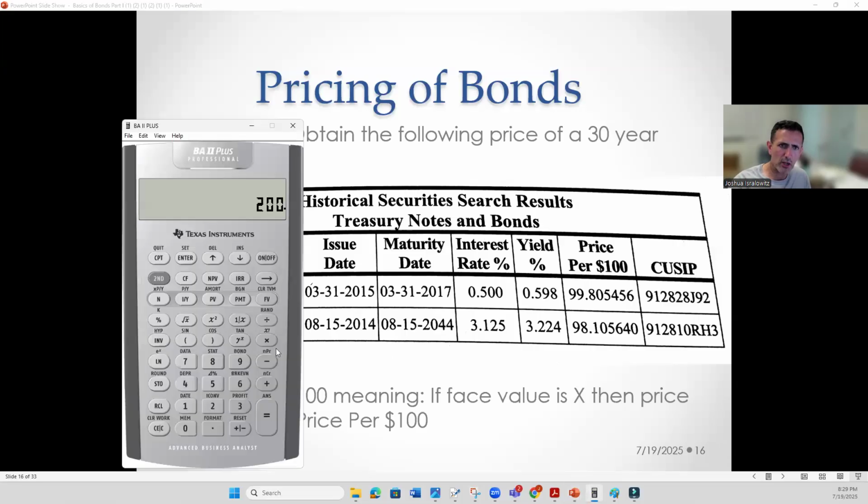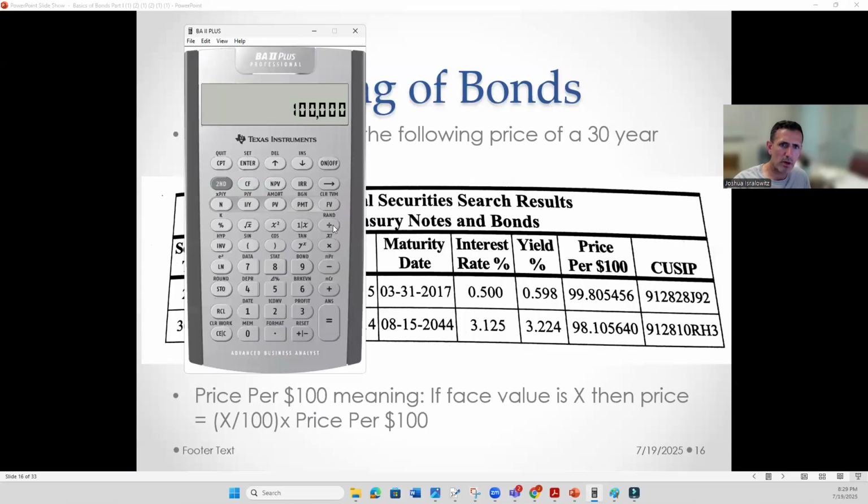So yeah, let's say you want to buy face value of $100,000. So we divide by 100 times this here, and this is why we have the 6 decimals. It's times 98.10564. So it's 98,105.60. So yeah, you want to buy this bond with this coupon rate here, 30-year bond, so